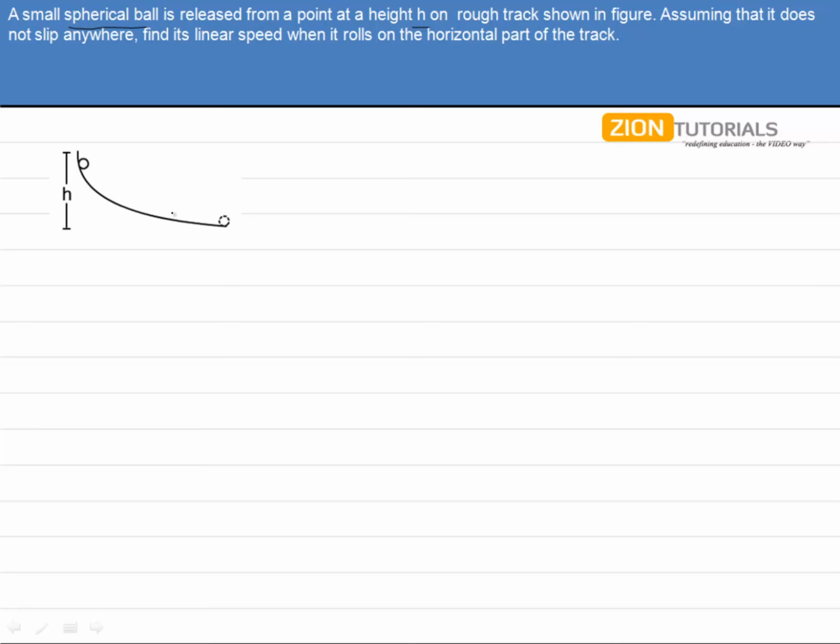Now we can say that it is having some potential energy over here. It will roll down to the bottom of this track and will be having some kinetic energy, that is linear kinetic energy due to its velocity v, while it will also be having some rotational energy due to its rotation, that is omega. Now we can easily do the energy conservation for this problem,